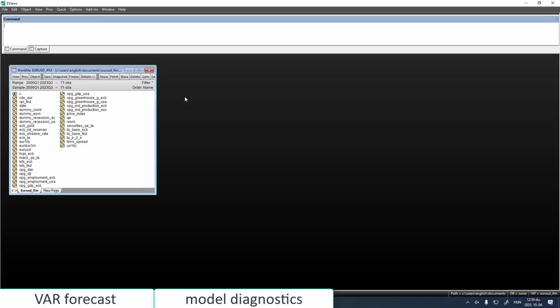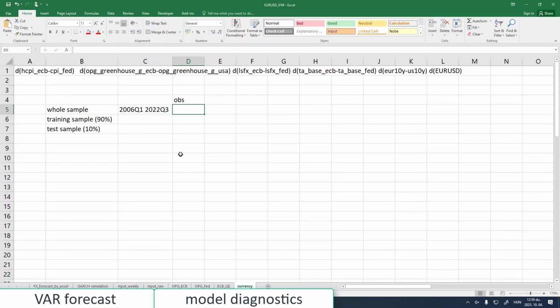So the observation number is absolutely not 71, because this is for the whole thing. So 71 minus 4, 67. Okay, so now we have to grab this number multiplied by 0.9, so we need just 60, and the remaining 7 will be used as a test sample. So we just have to truncate the